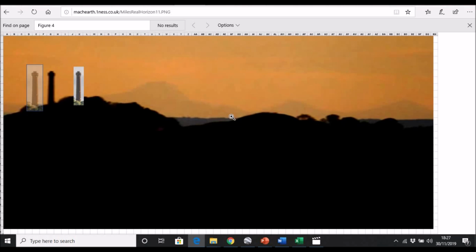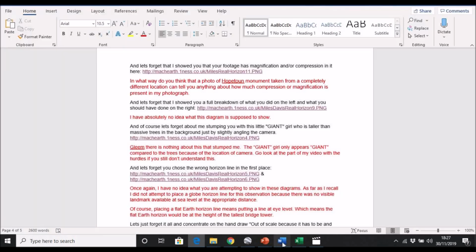It's also worth pointing out that my pictures are still frames from a video. I was panning the camera around. I hadn't at the time realized that these mountains in the background were going to provide me with a fantastic observation, because at that point in time I didn't even know the height of the Hopeton Monument. Once I found that out later, I went back and was able to capture these images by taking still frames, but because the camera is panning, this is slightly blurred here. It's impossible to come to the conclusion that Gleem comes to, that the image is distorted or compressed.